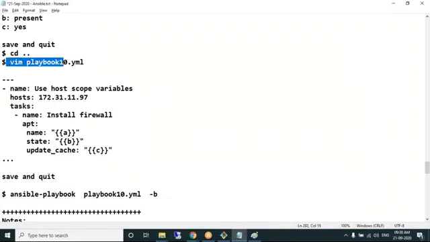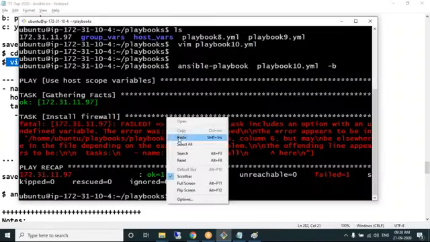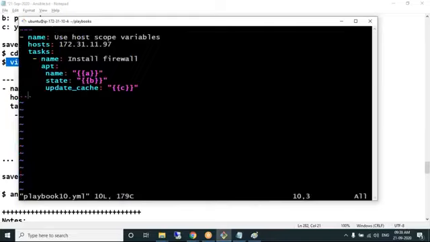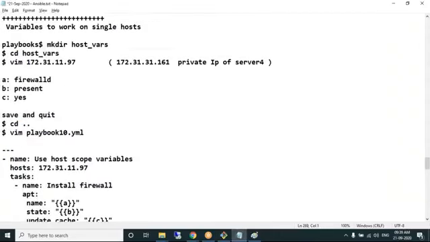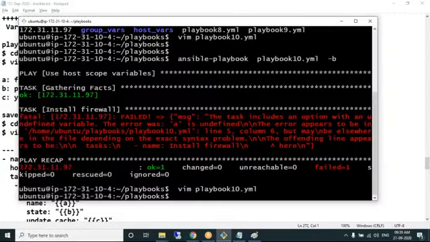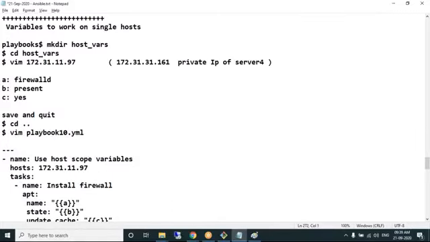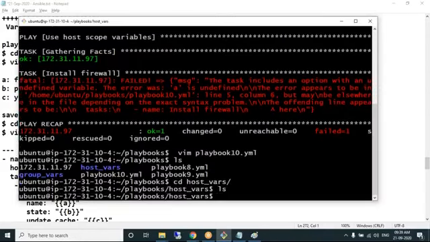Looks like some syntax error. The task section, an option which defines variable A. We create variables. Host underscore vars. There's no file.